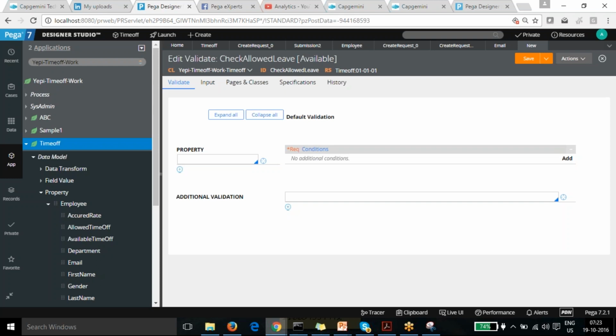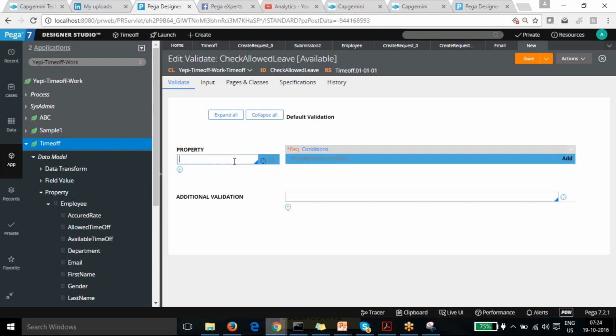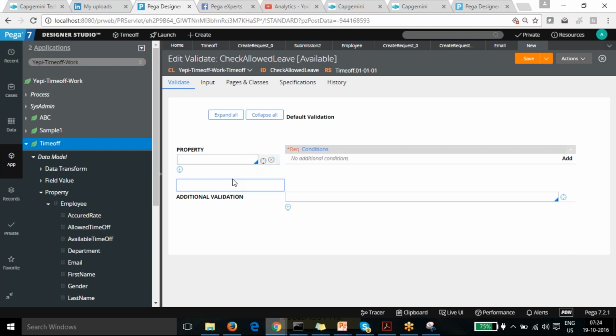Okay, when you say allowed, does that mean you applied for it and it was allowed? No, no. It says how much leave is total allowed for your company, and then how much leave is available, and how much you have just accrued. Mainly it will come as a read-only field, and after that it will be changed again. But for the time being, I'm just putting in the validation so that the accrued rate should not be more than allowed.